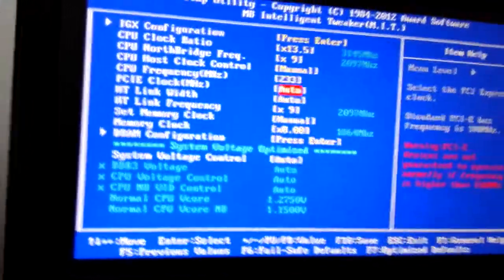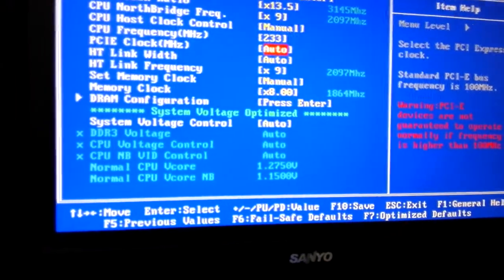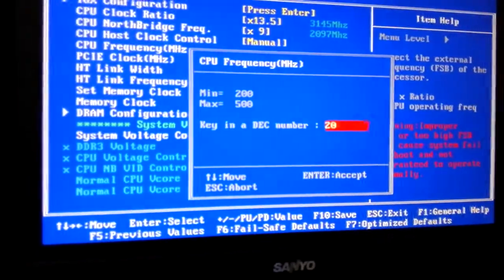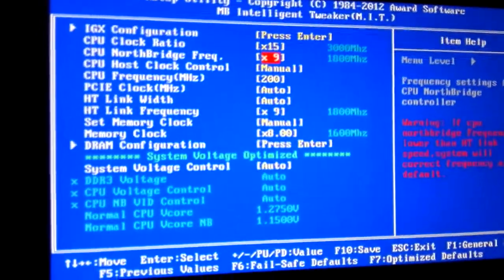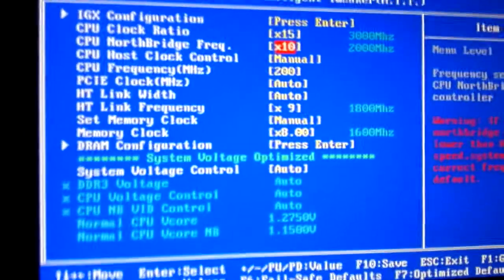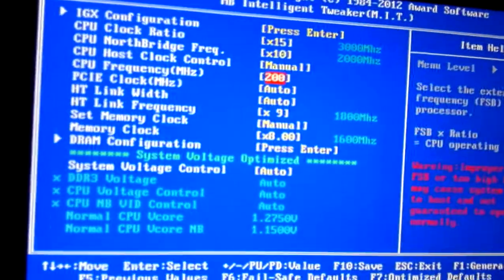This is normally 200. We're at 233 now. Oh wait, number lock's not on. Okay, alright, 200. And the multiplier would be 15 on CPU, and this would actually be at 2000 megahertz. So that would be our settings, I believe. And we cannot increase the RAM past that. So we punch in